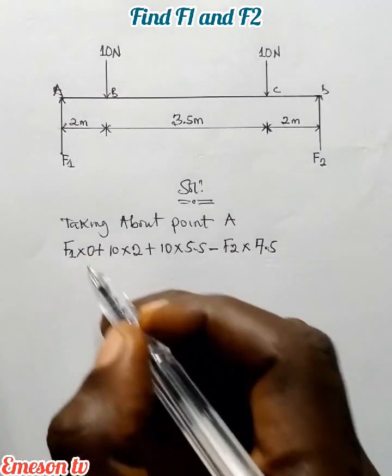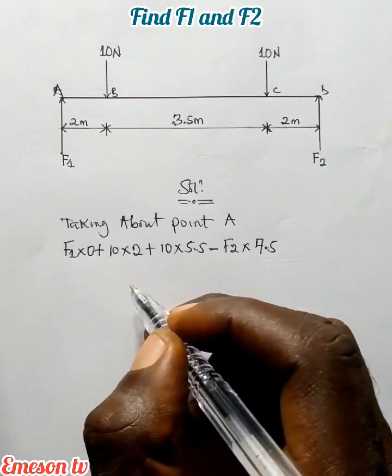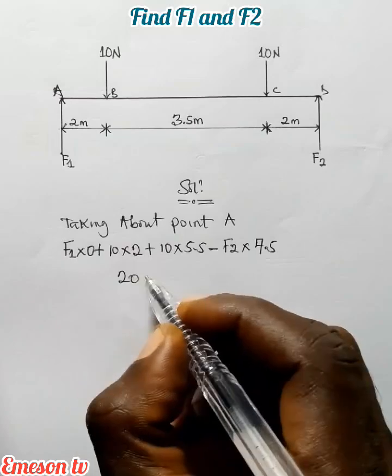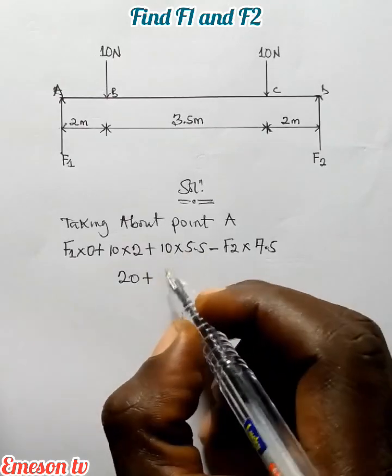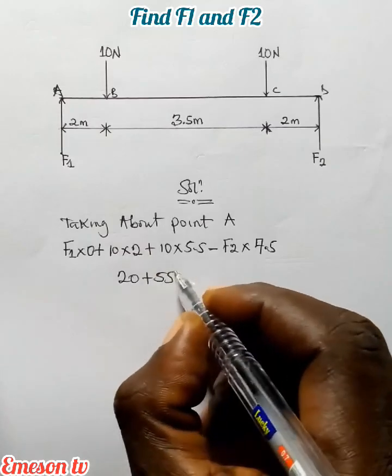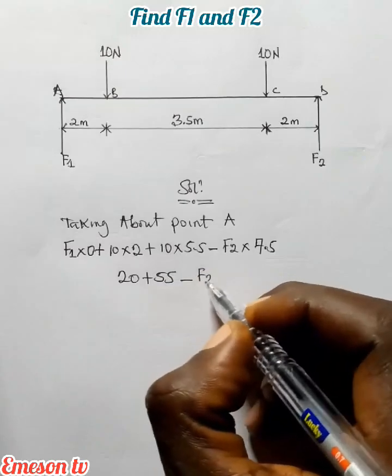So this will be 0. F1 times 0 is 0. 10 times 2 is what? 20. Plus 10 times 5.5 is what? Is 55. Minus F2